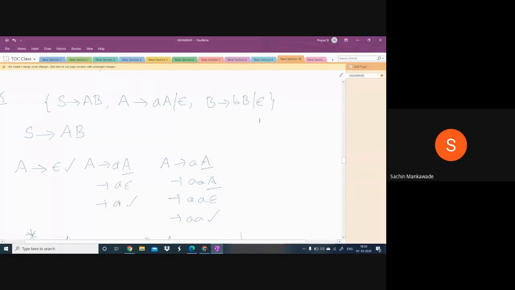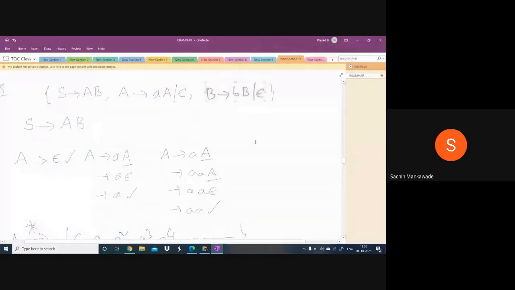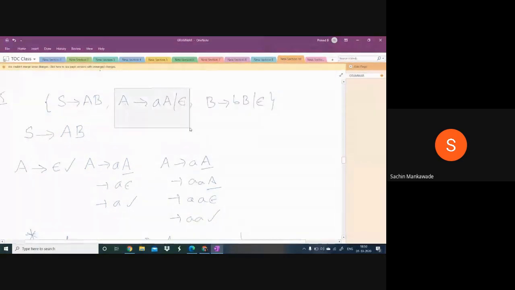Yes, that's good. Hello guys, here S is the start symbol and its production is AB. A's productions are AA and epsilon, B's productions are BB and epsilon. Let us take, for a while, A as the start symbol. If A is the start symbol, it can derive epsilon. Or A derives AA because it is given. A derives AA. In A place epsilon, then it will be A. Similarly, A derives AA, then A derives again A plus AA.